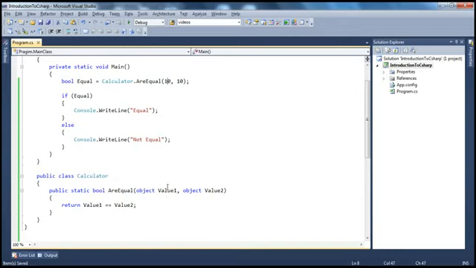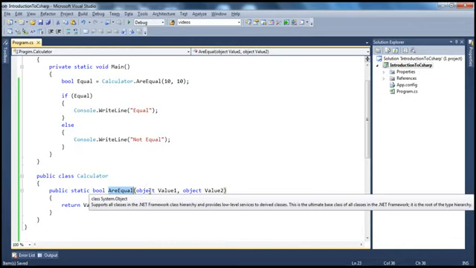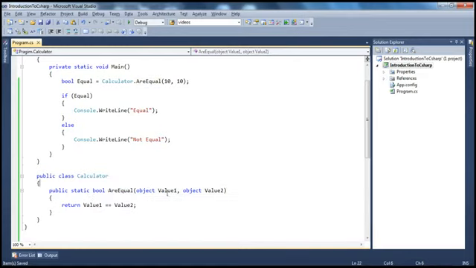Because of this unnecessary boxing and unboxing, the performance is going to be degraded. That's one problem. Another problem with this method, look at this. Now, if somebody is calling this method, the reason why they call this method is to determine if two values of the same type are equal or different. For example, I want to compare if two integers are equal, or if two strings are equal, or if two characters are equal. But since now you made this type as object,